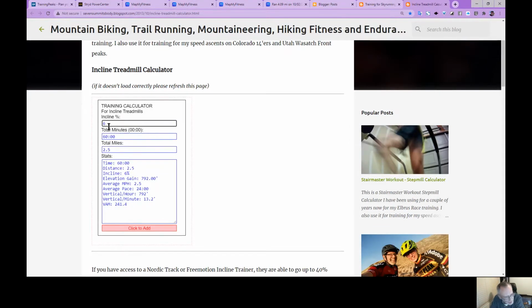Apparently, I did not get audio on my first take. So at 6%, 60 minutes, and I'm assuming that's what you meant by 6. Total miles, 2.5. You're going 2.5 miles an hour, you said. Click to add, and we've got 792 feet, which is a slightly more accurate representation of what we've got here,